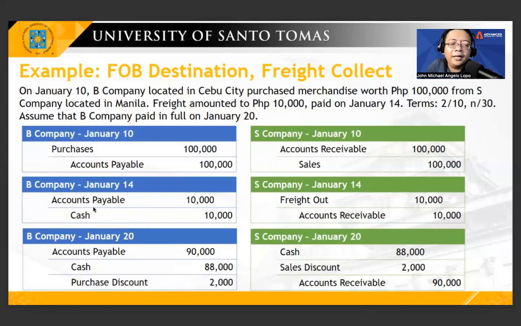Ito, walang problema, same lang. Ito na lang, ha? Ang gagawin ni buyer, babawasan ko ang utang ko sa kanya. Kasi ako nagbayad eh. The part of S company, yes, charge is as freight out, pero babawasan na seller ang account receivable. Okay? So, B company, accounts payable, 100 minus 10, 90 na lang. Again, purchase discount applicable to the purchase price. 100,000 times 2%, you have 2,000. Any difference, yan yung binayad mo na cash. On the part of seller, you debit cash of 88, sales discount of 2, and account receivable of 9.